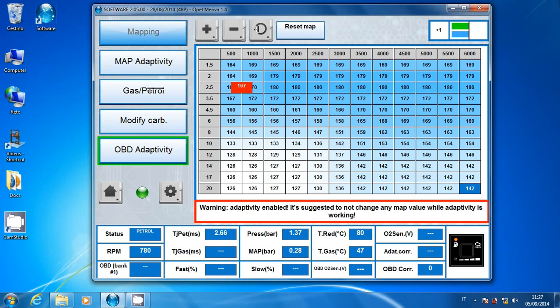Okay, now we are on petrol. You can see that the petrol reference bar is green. Now the engine is steady, so we switch on gas. Okay,